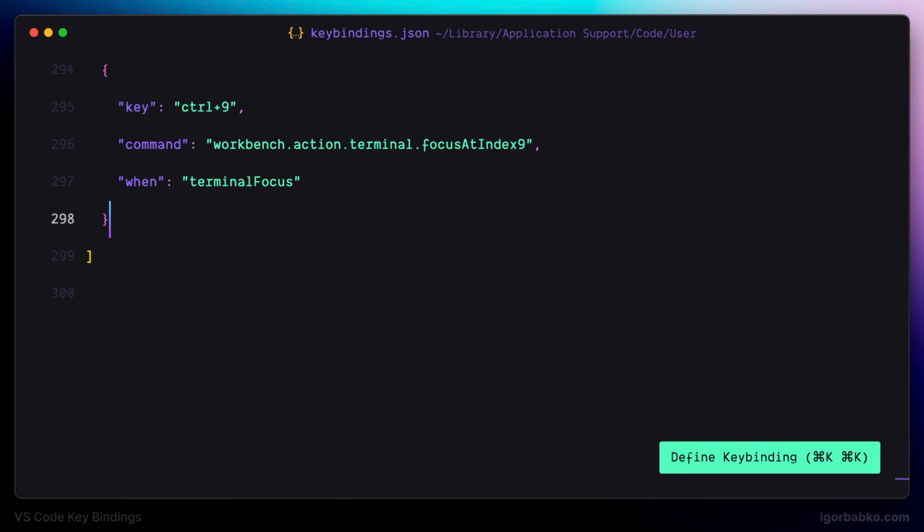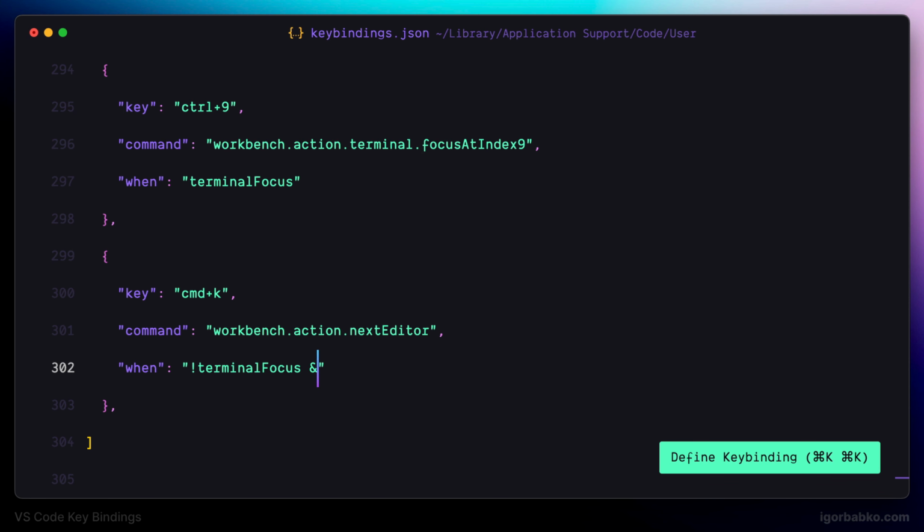Let's continue defining keyboard shortcuts, and in this lesson, we'll register those keyboard shortcuts that are going to allow us to quickly navigate between different lists, and also to quickly switch between open files. And the first such shortcut will be Command K, that is going to be used to open up the next opened tab with the file. As an additional condition, we're gonna specify that none of the other elements should be focused in order for this keyboard shortcut to work, because we have to be focused on the file to open up the next tab with